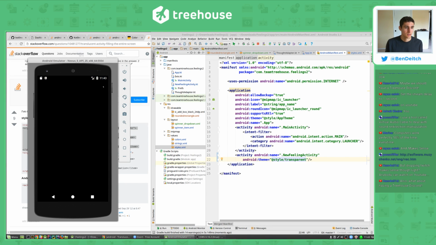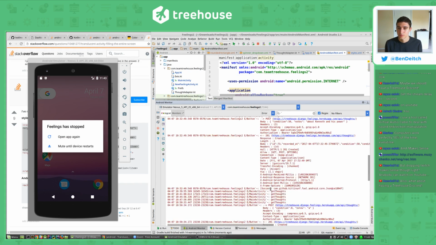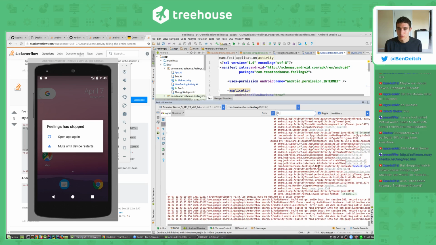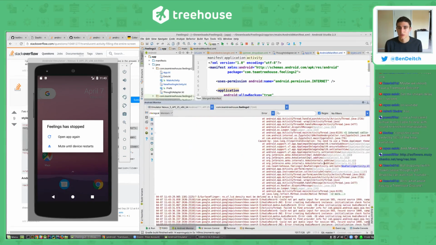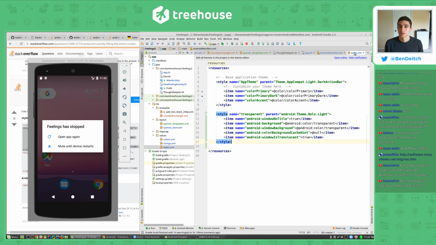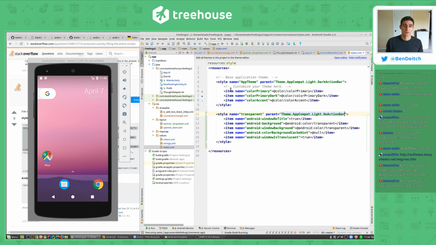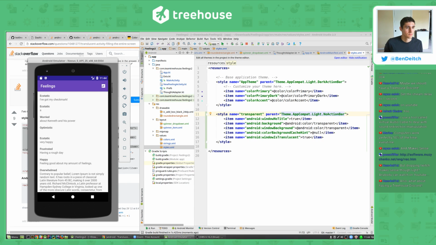So new thing here, and we got an error. Cool. What did we do? Right there, illegal state exception. You need to use a Theme.AppCompat theme. So, okay, great. That means over in here, we didn't use a Theme.AppCompat theme, so let's just make this one's parent be Theme.AppCompat.Light. And let's just do no action bar, because we don't need an action bar for this one. That's what we're trying to hide. Cool. So that worked out really well. See how it kind of